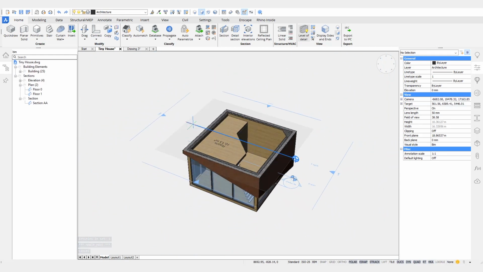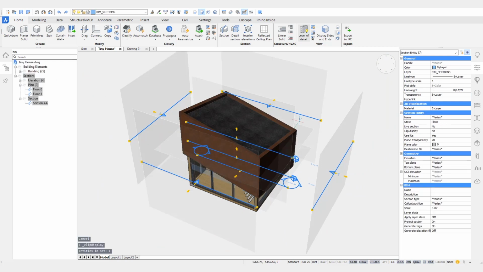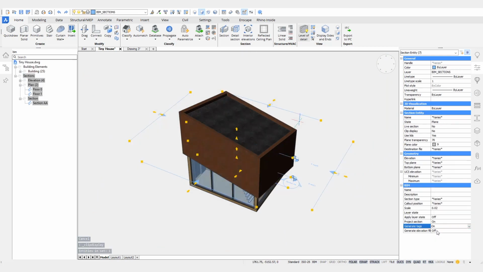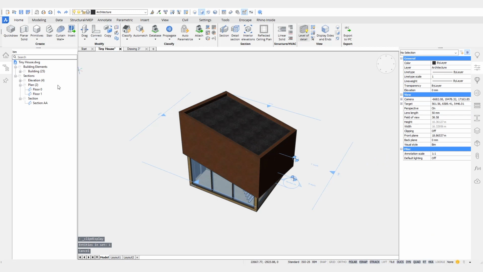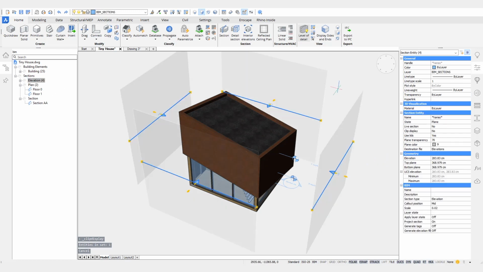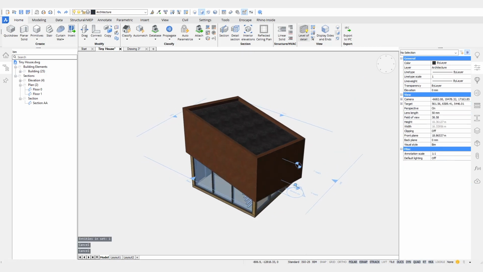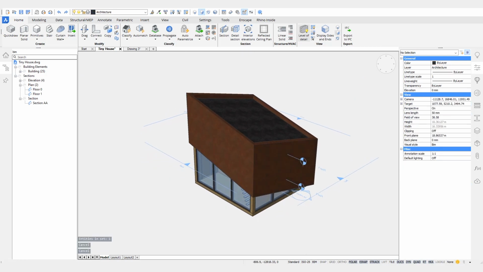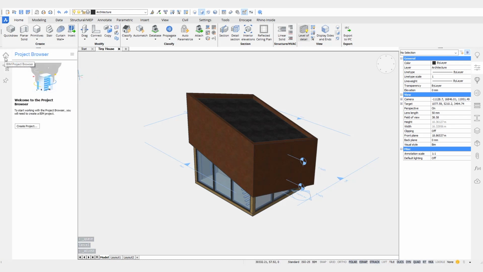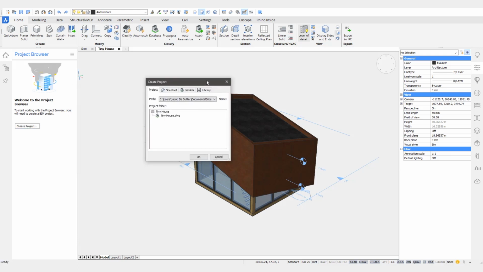And now I can use these section planes to generate some drawings. So I want to have some elevations, want to have some floor plans, and also this section that I've been using to section through my building, I can also use it to generate a 2D section, of course. I could take one of those section planes and manually assign a destination file, but actually there's a way easier to do this since V20. We can do this using the project browser. So I will create a project,